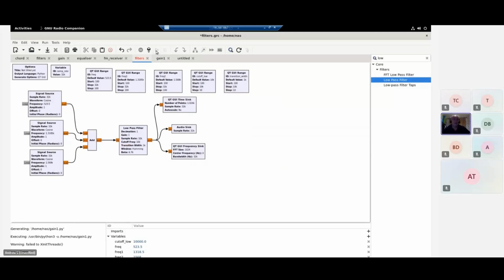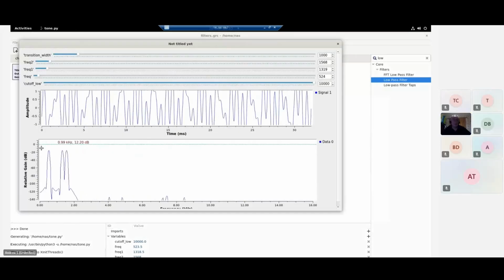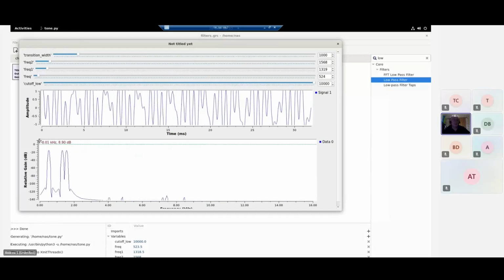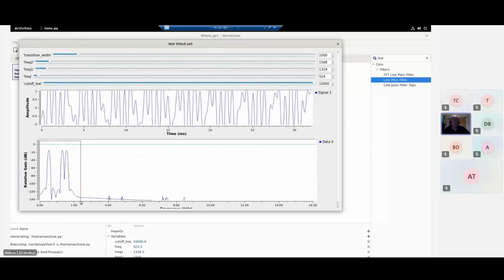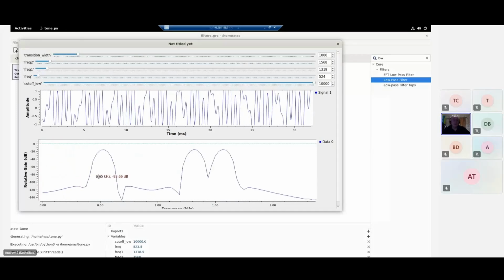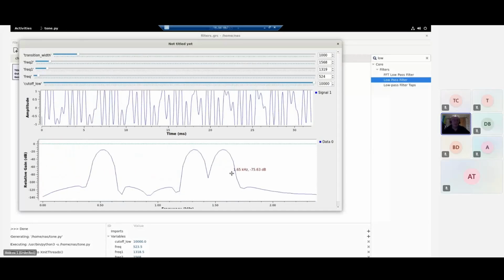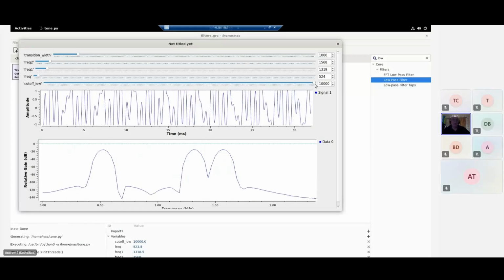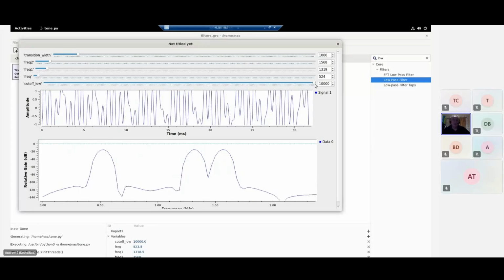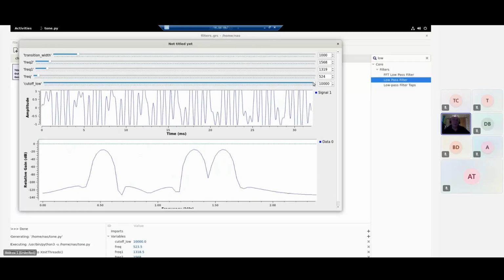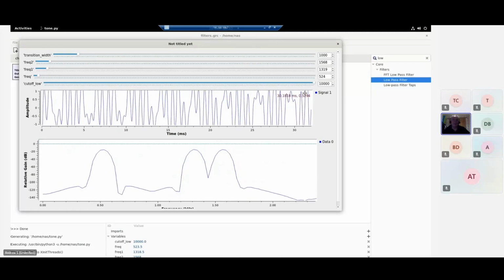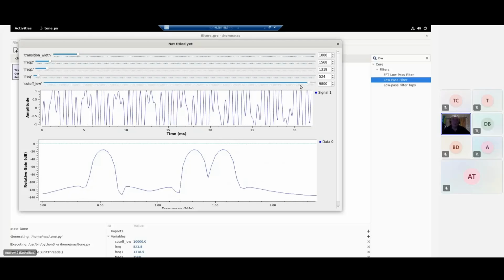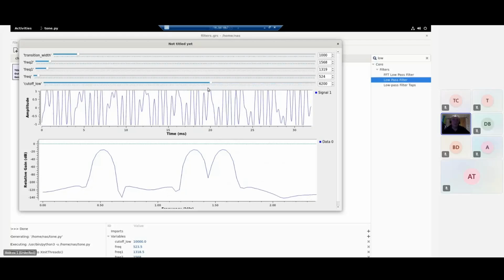Okay, and so then once you've got all that built, you can run it. And what you can see is you can see the signals again. This is the chord that we had previously. And you can see all three peaks in the chord are still present. And that's because at the moment, the cutoff frequency for the low pass filter is higher than the frequency of all three peaks. And so if you then start to reduce the cutoff frequency